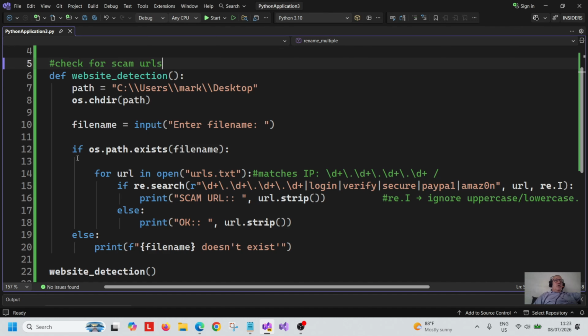Then we come onto the conditional here called if. We're going to evaluate something, and we're saying if os.path.exists the file name. So we're actually checking to see if this file name exists. If it does, we're going into a for loop here. We're going to use url to iterate over that, and we're going to open up the